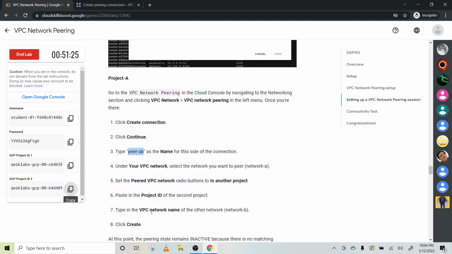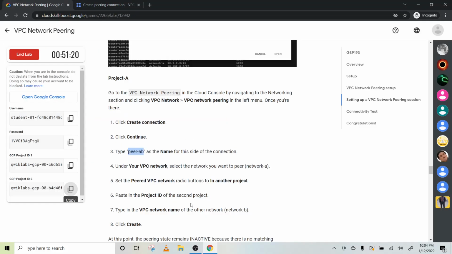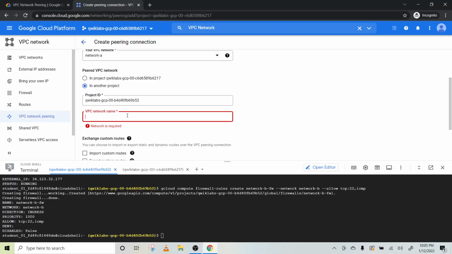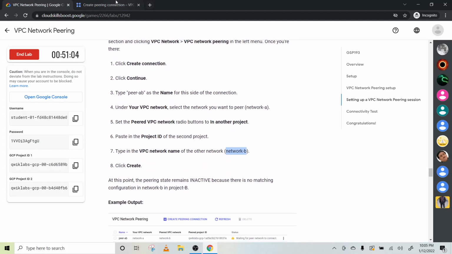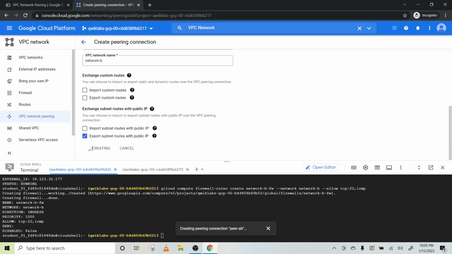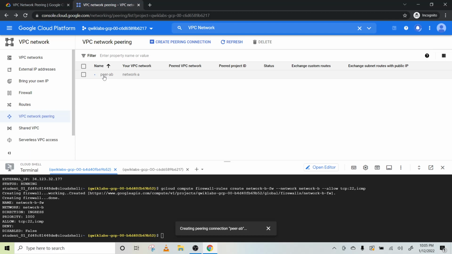Type the network name, something like network B, and paste the project ID. Type in the VPC name of the network, network B. Okay, click on create. Click on this create button. Okay, it is done now.